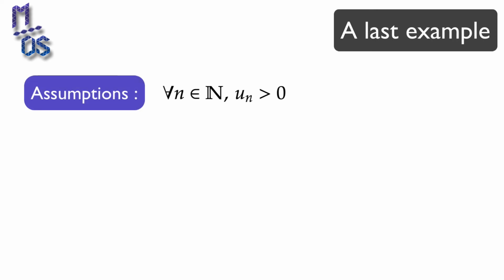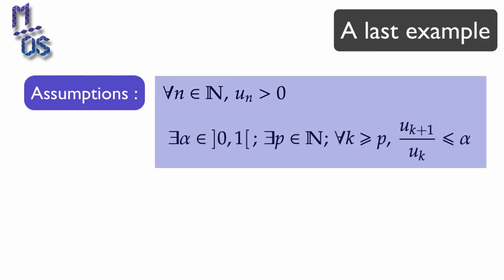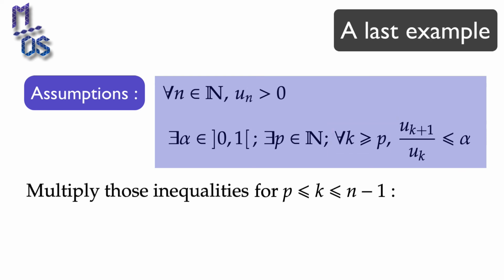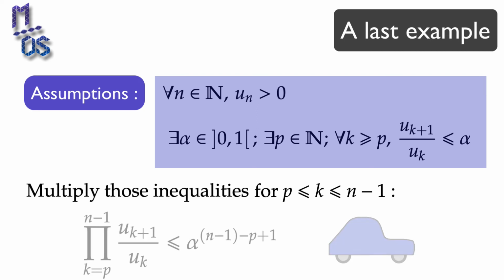Now let's look at the last example borrowed from the theory of infinite series. Let u denote a sequence of positive real numbers. We assume that there exists some alpha between 0 and 1 and a positive integer p such that u sub k plus 1 over u sub k is less than or equal to alpha for all integers k starting from p. If we multiply those inequalities all together, for k from p to n minus 1 for some integer n greater than p, we obtain the following inequality,